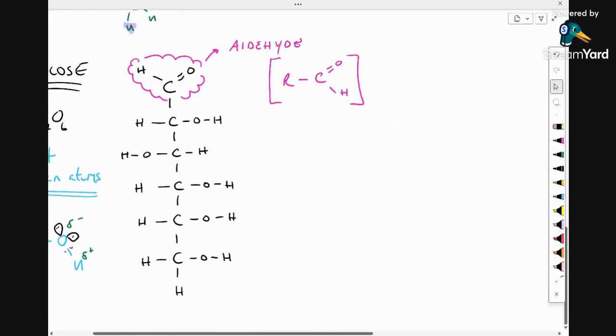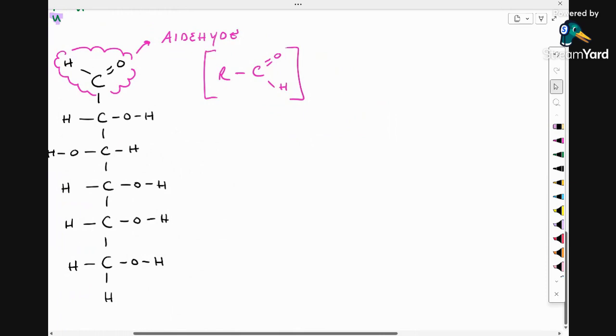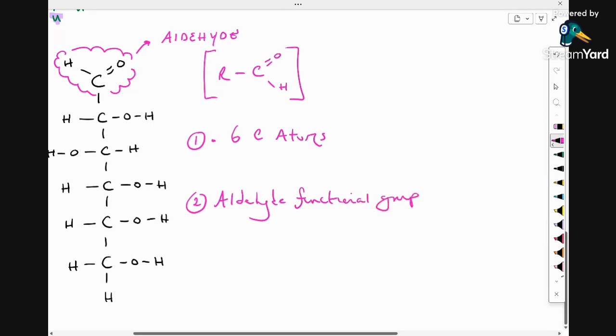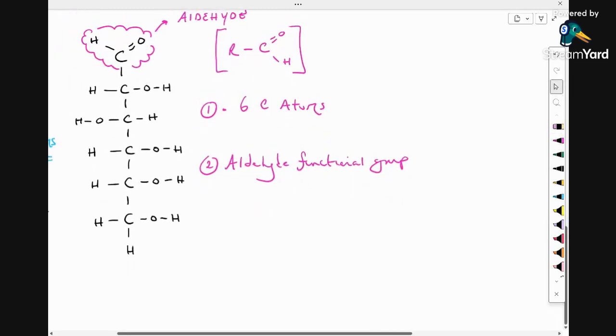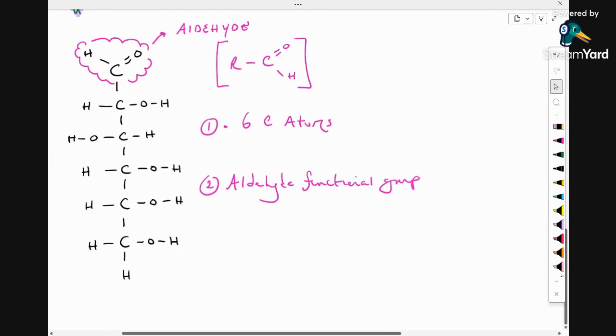So there are two facts here that I want you to bear in mind. Number 1, we've said there are 6 carbon atoms in our structure. And number 2 is that there is an aldehyde functional group. And these 2 things allow us to classify glucose, coming back to our first objective, in two sort